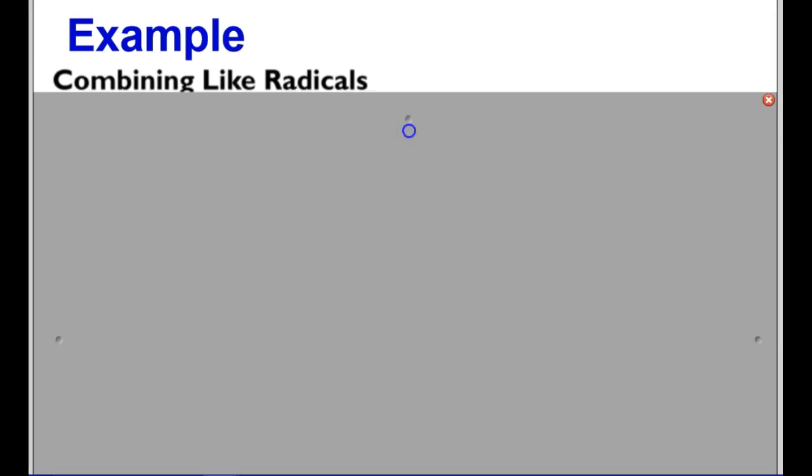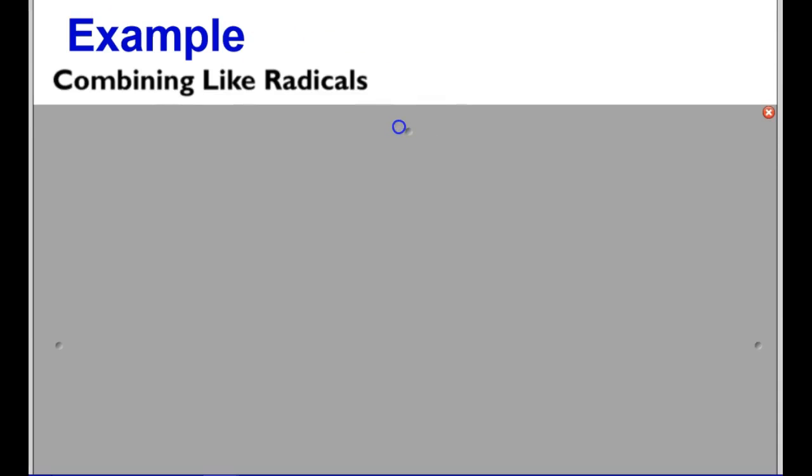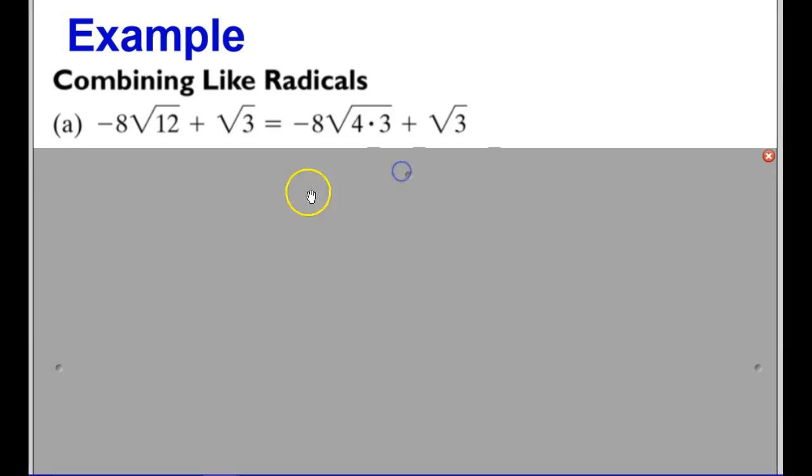Okay, so now let's look at this next example. We're combining some like radicals. So I have a negative 8 times the square root of 12 plus the square root of 3. First I want to simplify the radicals that I have, which the square root of 12 can be simplified into